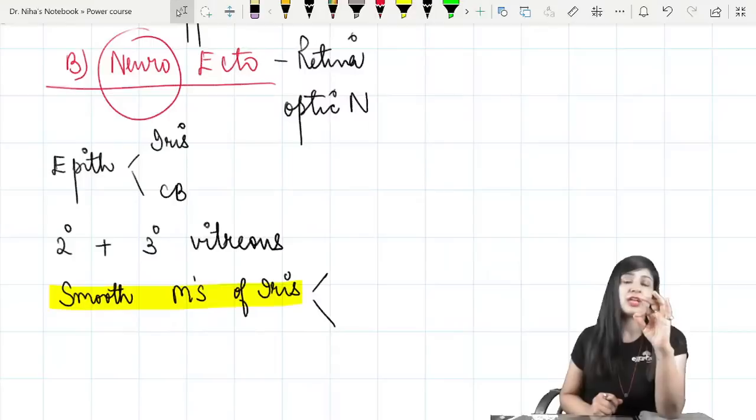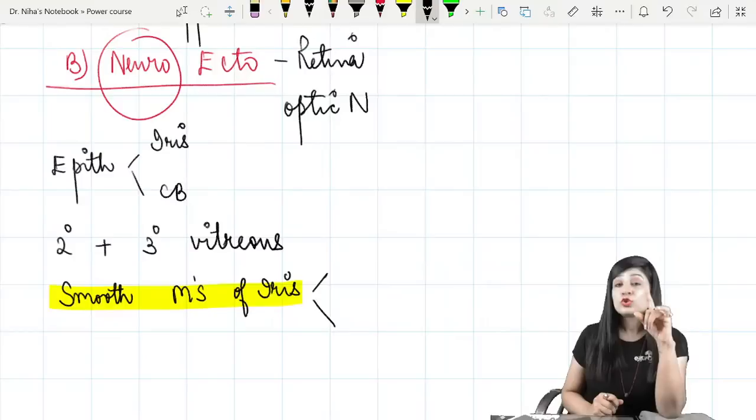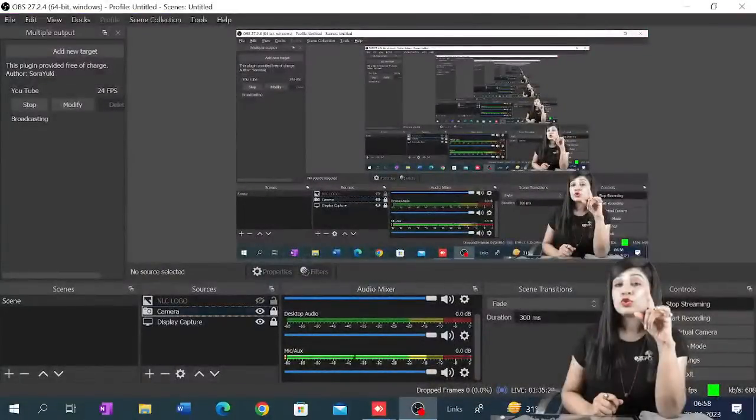Very good, Arushi. And what are they doing? Constriction and dilatation. So neurological function. Yes, very good, Sameer. So basically, they are doing the neurological function of constriction and dilatation. Sphincter pupillae, dilator pupillae, and because they are doing the neurological function,